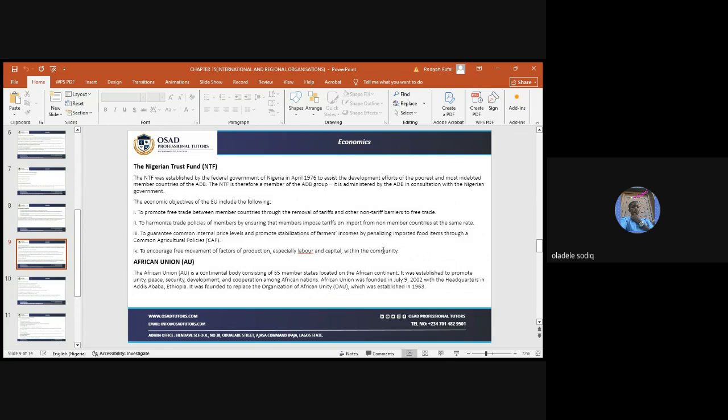From the word African Union, you are talking about 55 member states from the African continent. It was established to promote unity, and apart from unity, to also promote peace, security, development, and cooperation